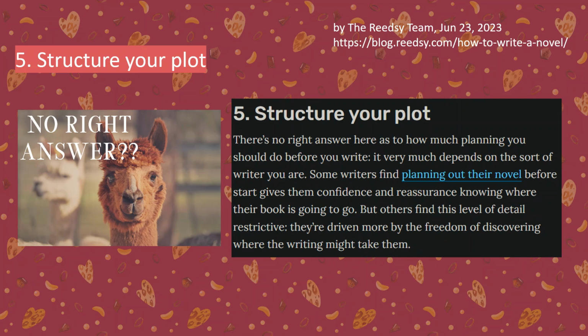Okay. Structure your plot. That's the fifth step, by the way. There's no right answer here as to how much planning you should do before you write. It very much depends on the sort of writer you are. Some writers find planning out their novel before